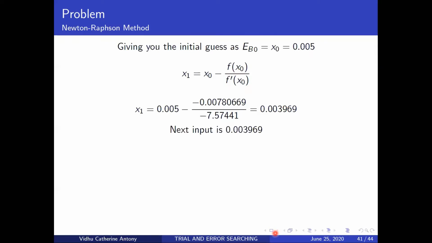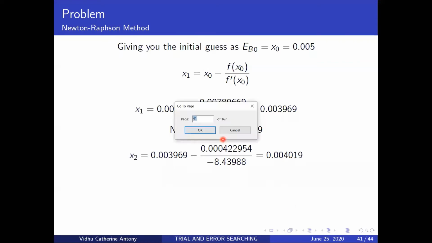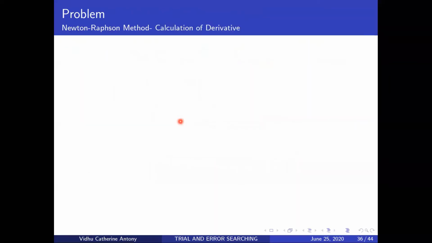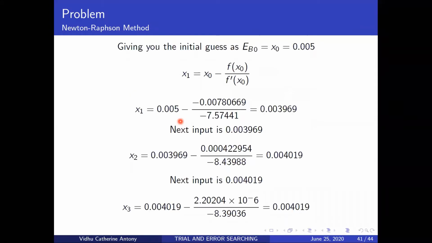So this is your first iteration. Then my next input to your function is going to be 0.039. And I realize that it is giving me 0.04019. If you remember in your plot, the eigenvalue was 0.042, something like that, right? If you look at this now, you get 0.0401, which is pretty close to the initial value. When I repeat it again, I get the same value. So then you know you can stop the iteration. There's no need to do it further.